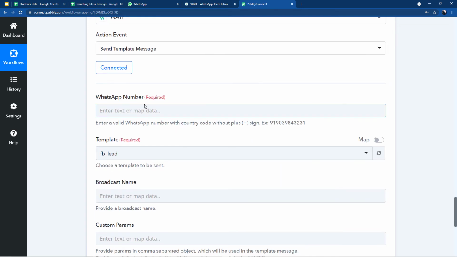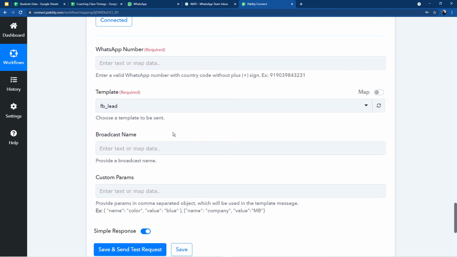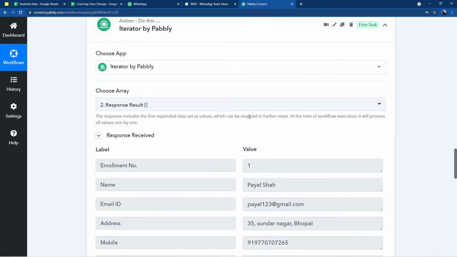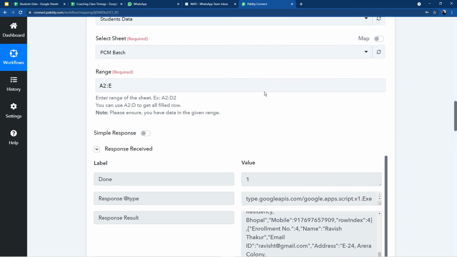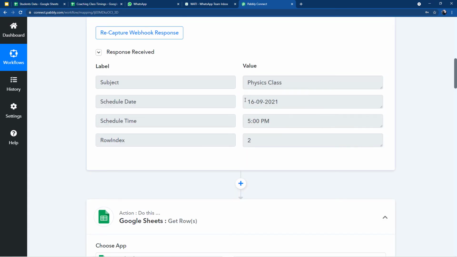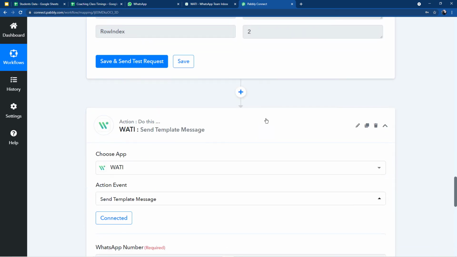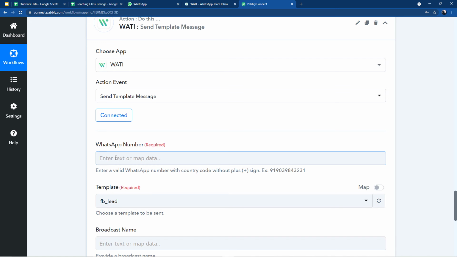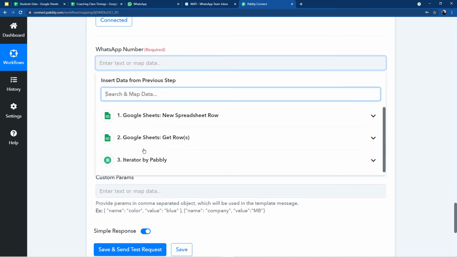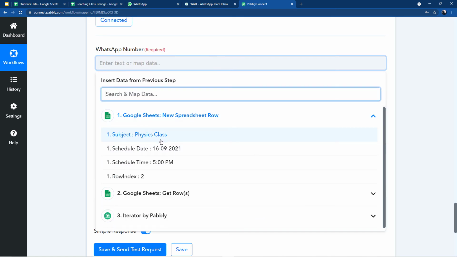Now after connecting it with Pabbly Connect, you can see these fields just appeared and here we need to map data. Now you must be thinking what is mapping and how we can do this. So let me explain that the data captured here into Pabbly Connect from Google Sheets, such as these values, and the data which we simplified using the iterator, that same data will be available in a drop down kind of menu. So we can just select the data by clicking once, and according to the field the data is going to map here automatically. Let me show you how it actually works.